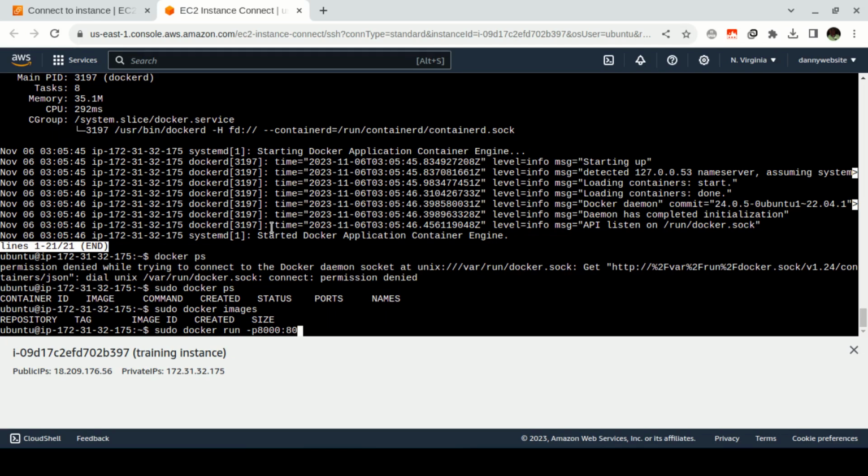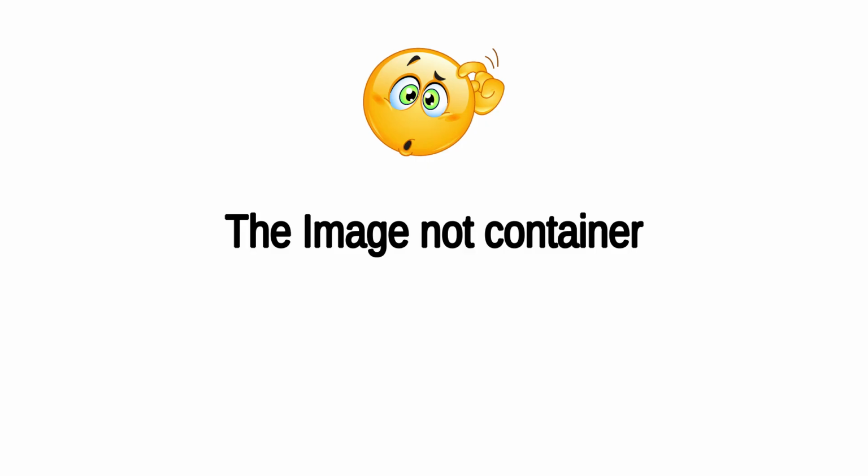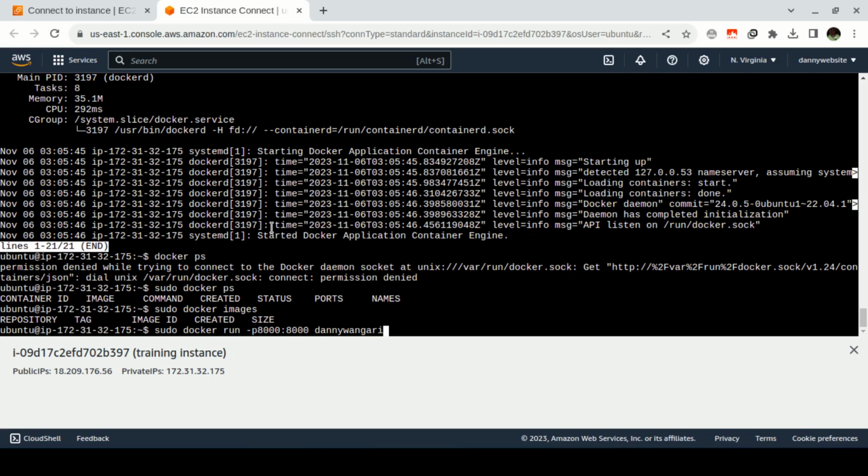So let's have that. Then we can provide the name of the container. The container that I want us to use is Danny Wangari /d technologies